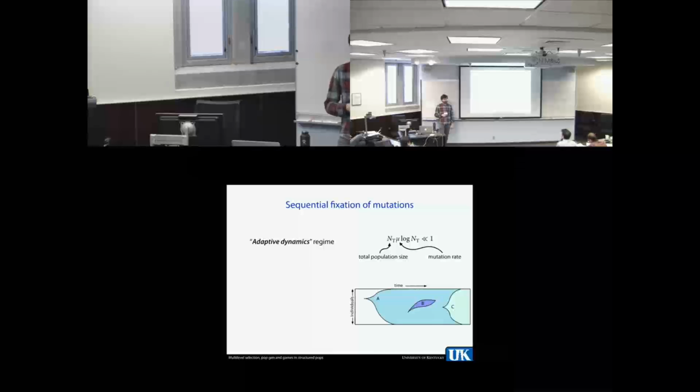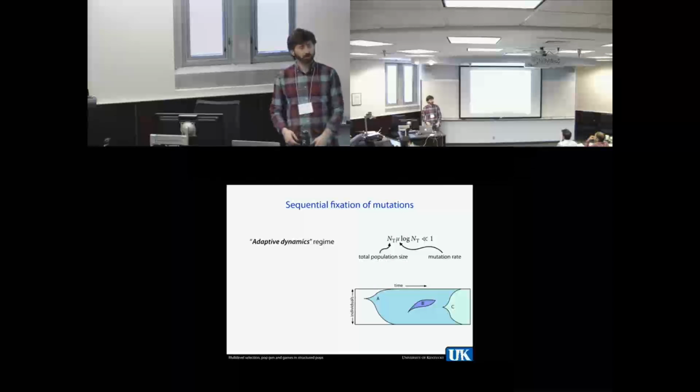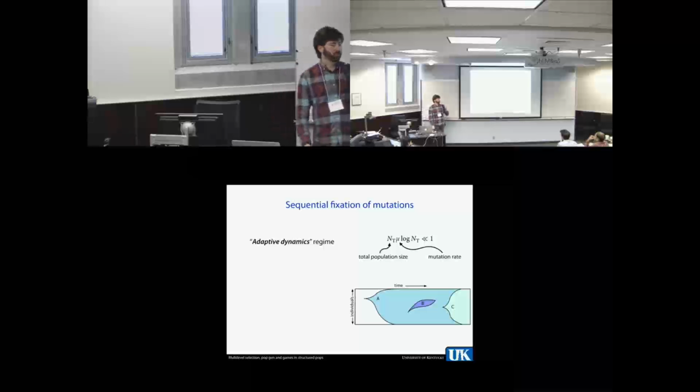Simply because it's a stochastic system, it can never maintain polymorphism once you run it long enough. One of those alleles, even with balancing selection, will be lost. Yeah, so the question is what long enough is. This is the condition that ensures that it's long enough. I was under the impression that was the condition after less than balancing selection, in which case the fixation time is an exponential, so it's much